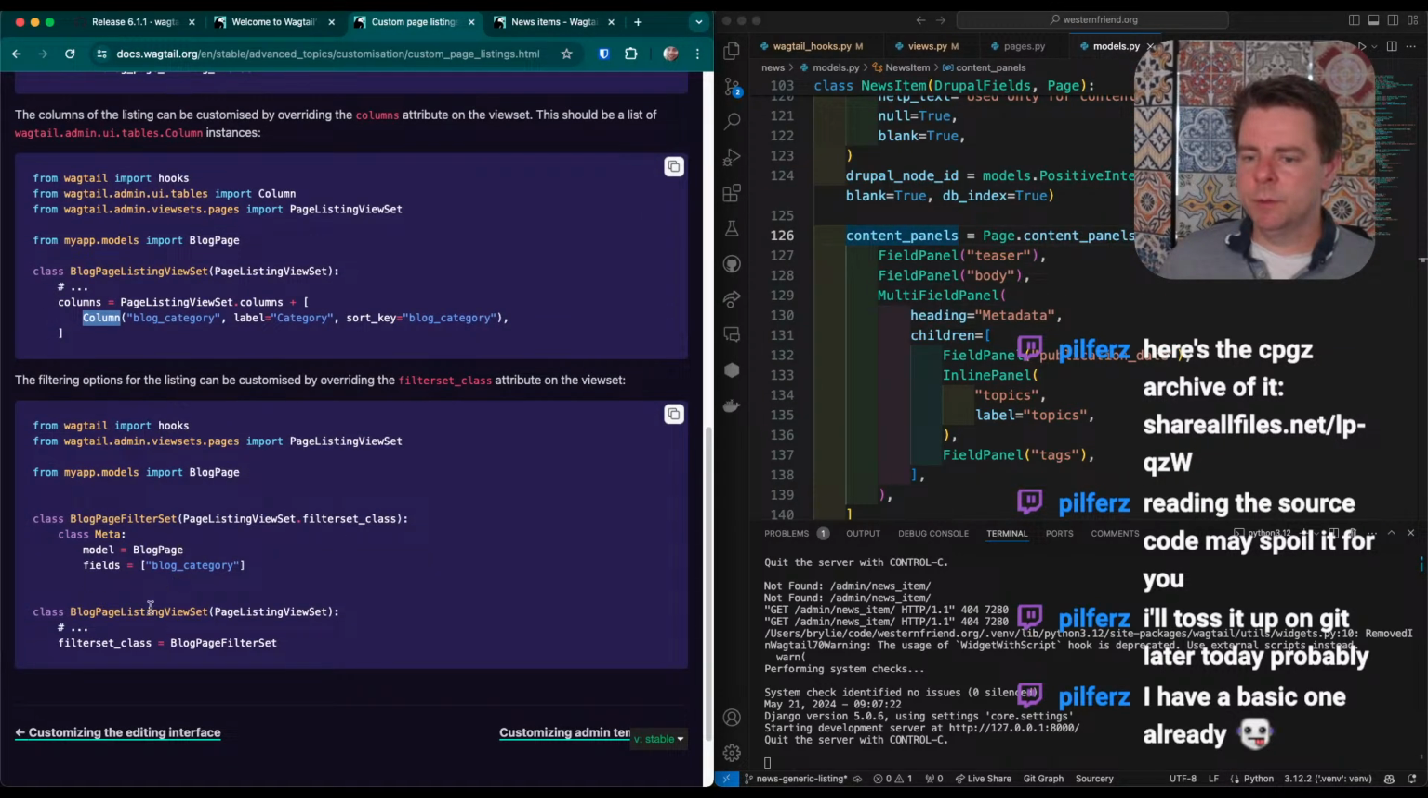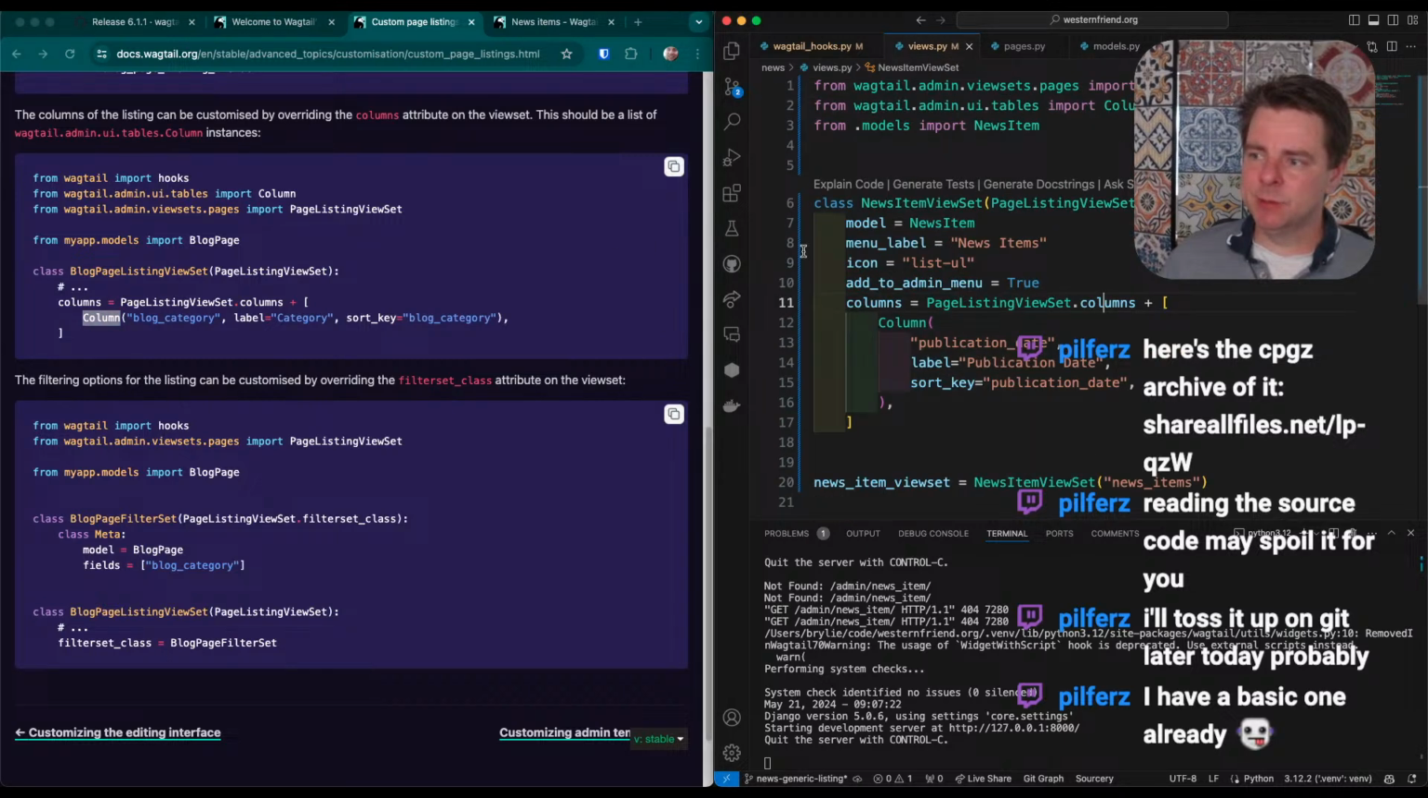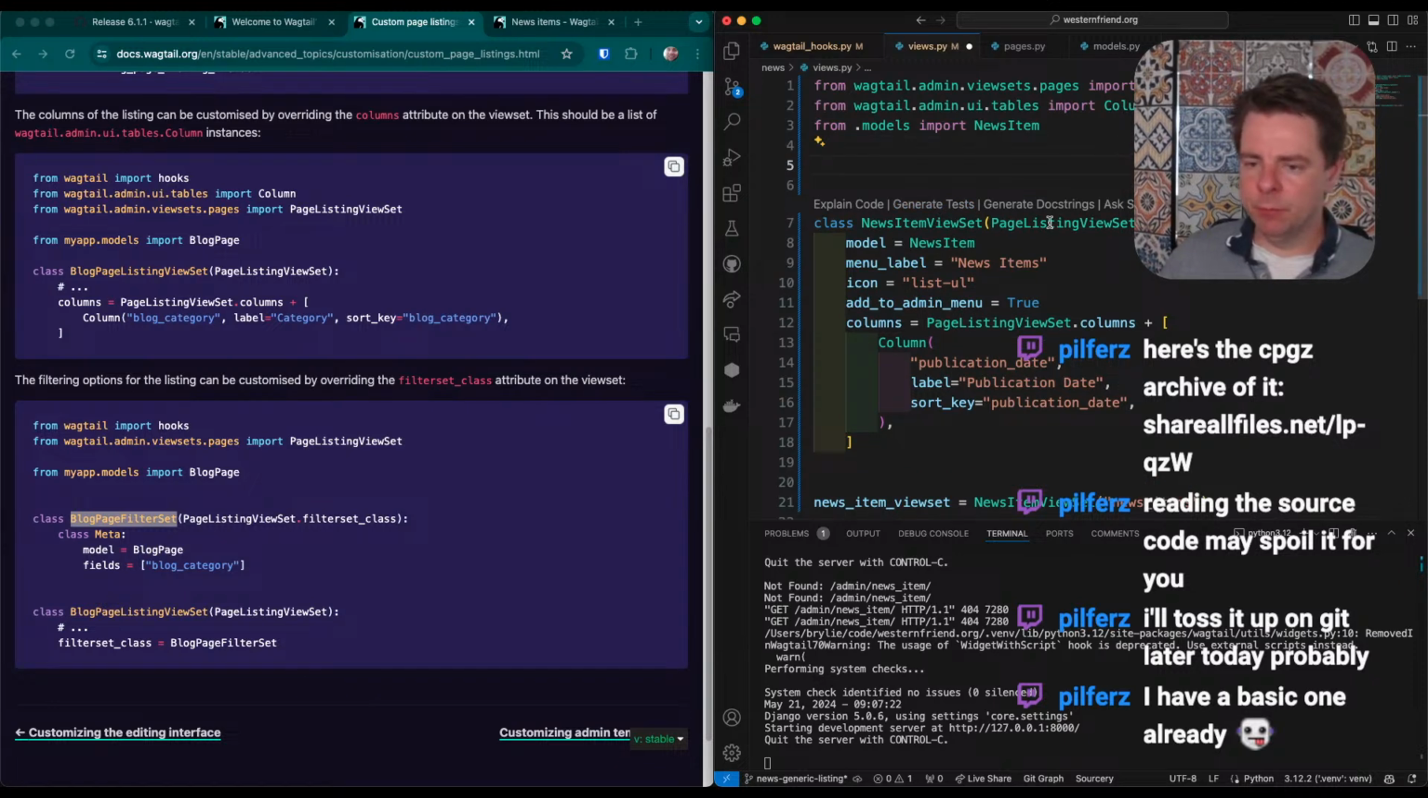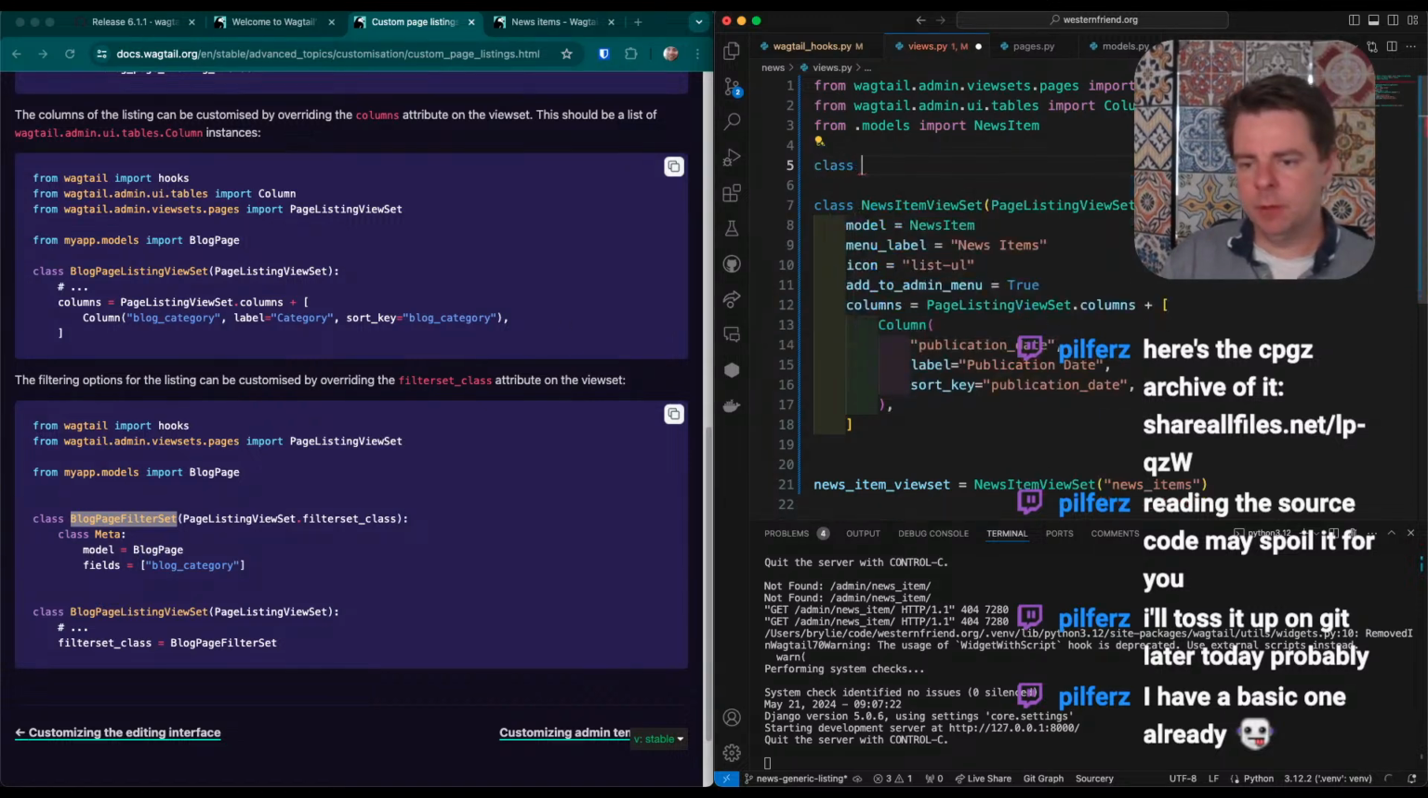I don't know if I need to do much filtering. Maybe let's let the editor filter by topic just to see if we can do it. All right, so I can see why this is sort of going in the wagtail hooks instead of the views, because now we're defining filter set. But this is basically still a view related component. So what we're going to do is page listing view set. We got that. We're going to say